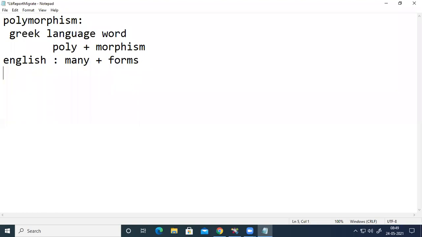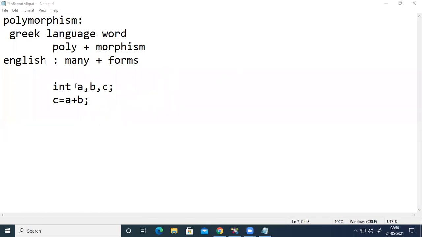For example, let us consider the things in C programming language. If I have declared three variables int a comma b comma c, right, and then I have written the statement c equal to a plus b, now this plus is used for integer addition. So we are using this plus symbol for addition of two variables which are of integer types.